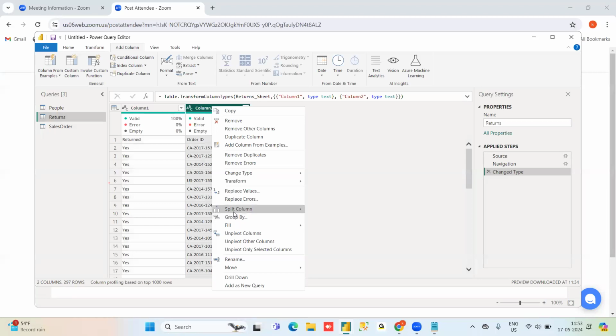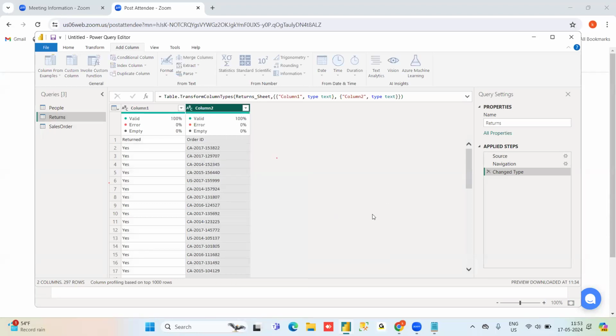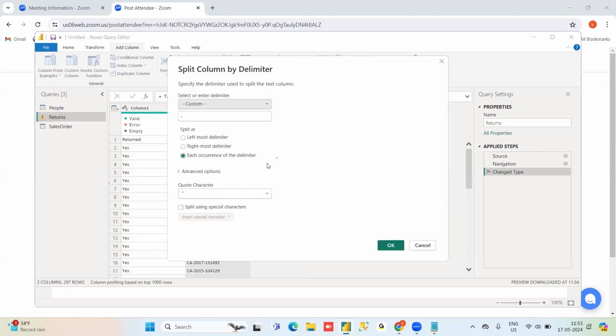Split column by delimiter. What delimiter am I using here? Hyphen I am using.